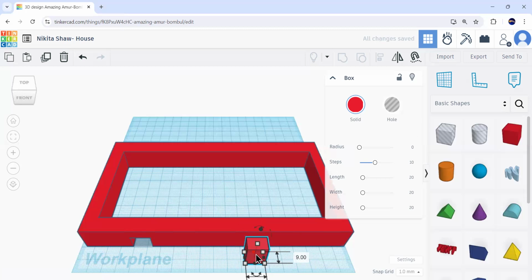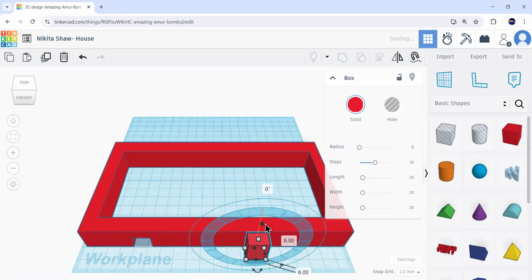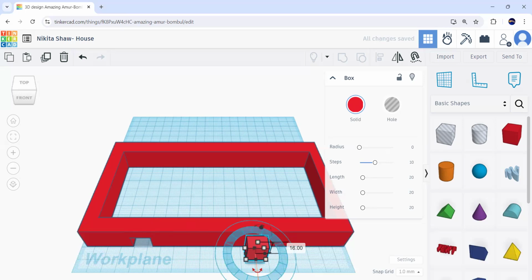Okay. Now, we can see this black box, right? Now we will raise it from the platform because we want to make a window, not a door, right? Now we can see this window is actually touching the ceiling of this boundary. So we will introduce the height by clicking on this white box. And then the next thing is to put it across the boundary, one side of the boundary.